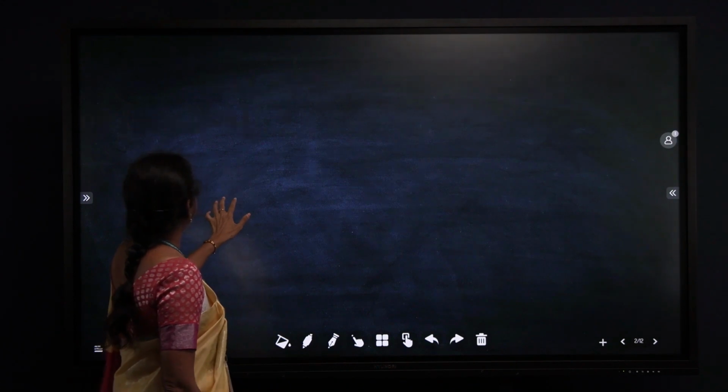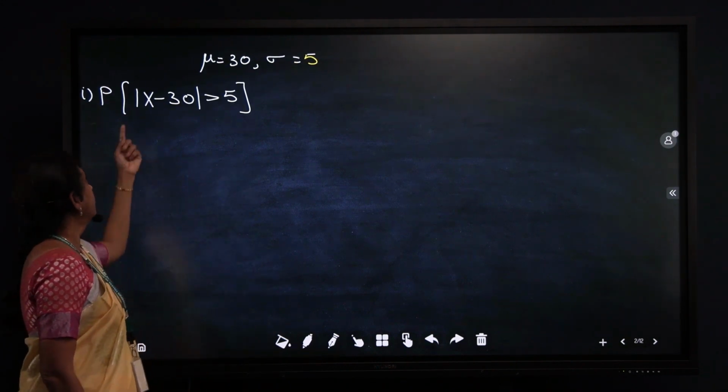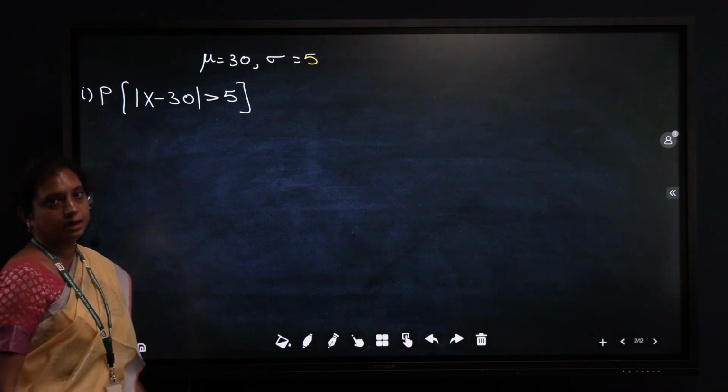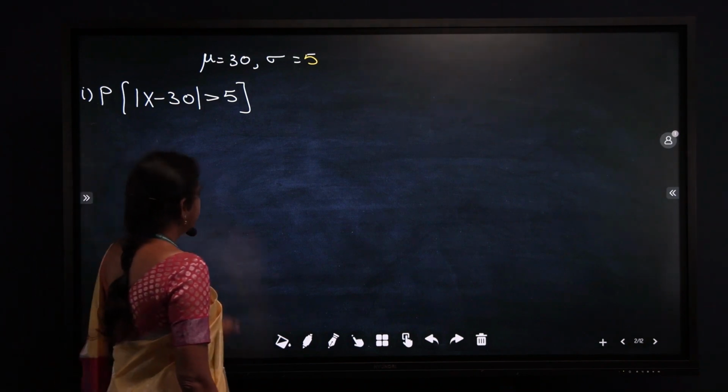So here the given mu value is 30 and standard deviation is 5. Same example I am taking, where we have to find the probability of mod of x minus 30 greater than 5. Right? So already we know that